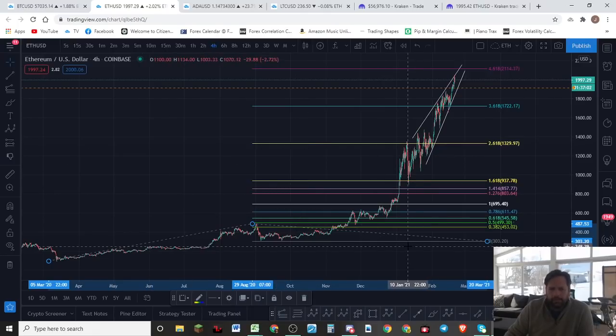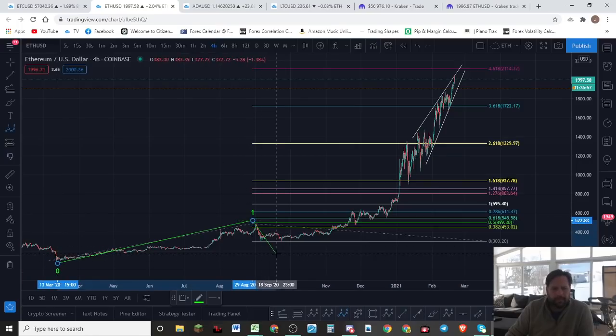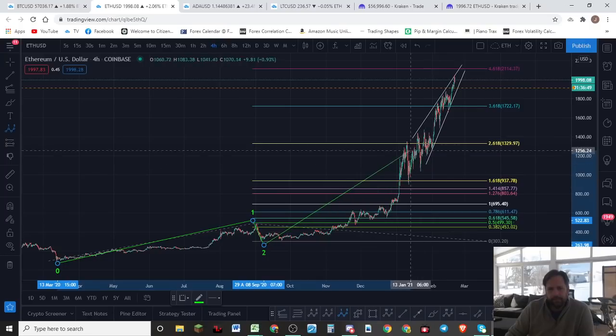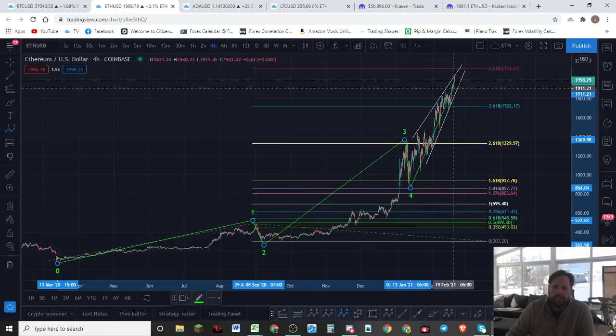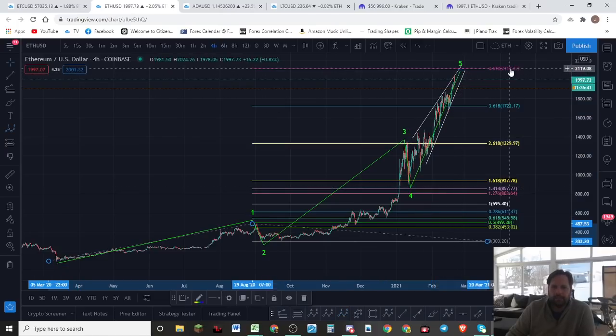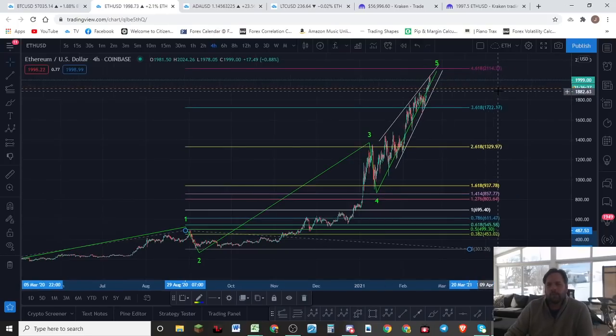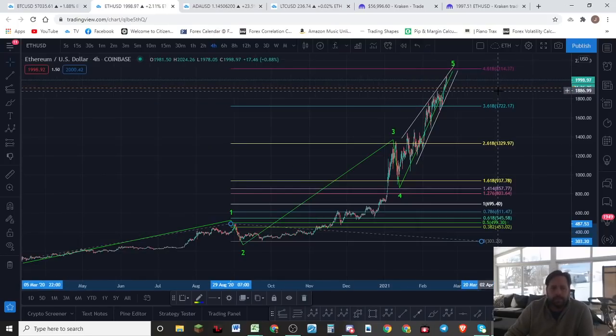And so that's a good candidate for the top of a third wave. So if we made a count, we'd say that's 1, this is 2. Again, not the greatest wave in the world for a 2 wave, but that's all we get, right? So what else do you do? Then top of this wave is going to be the third wave here. This is going to be 4. And I'm proposing an idea here that this could be an ending diagonal 5th wave. Okay? An ending diagonal 5th wave. Now this is one count.